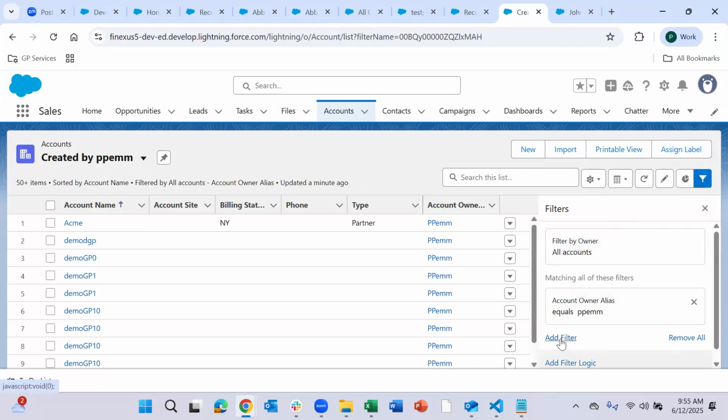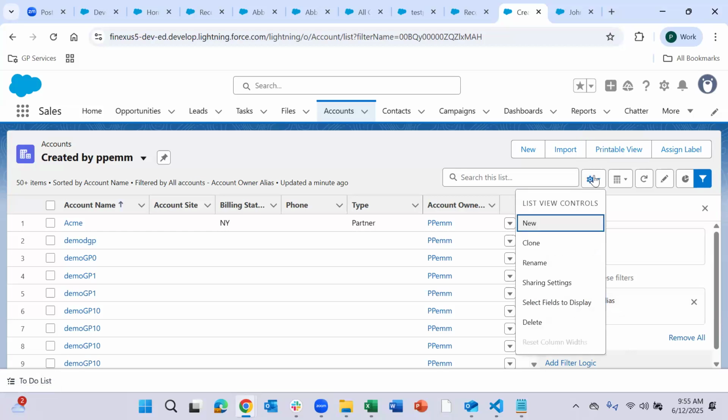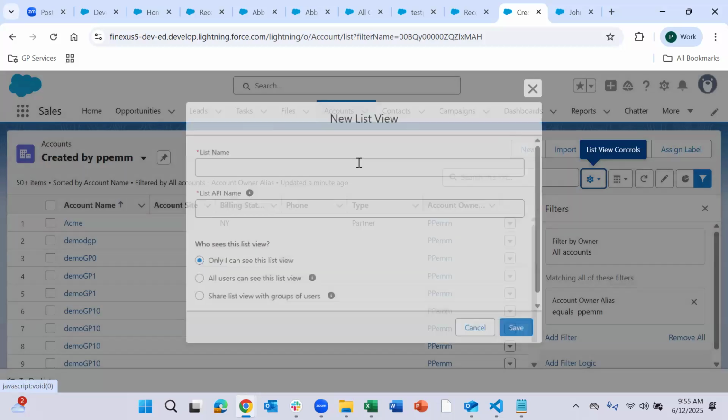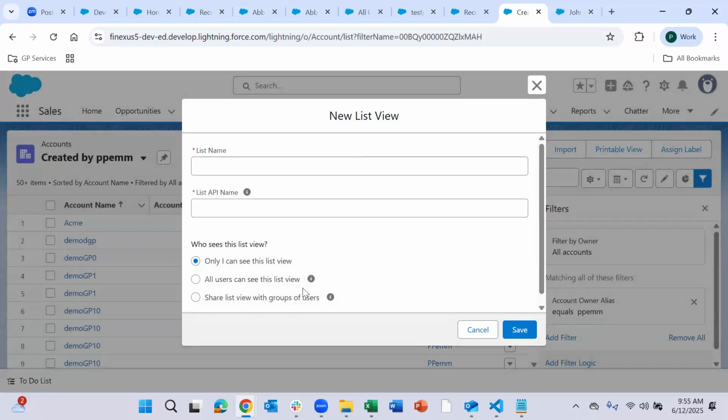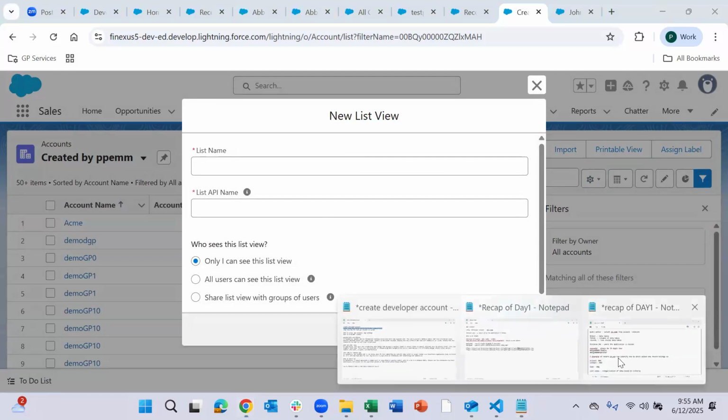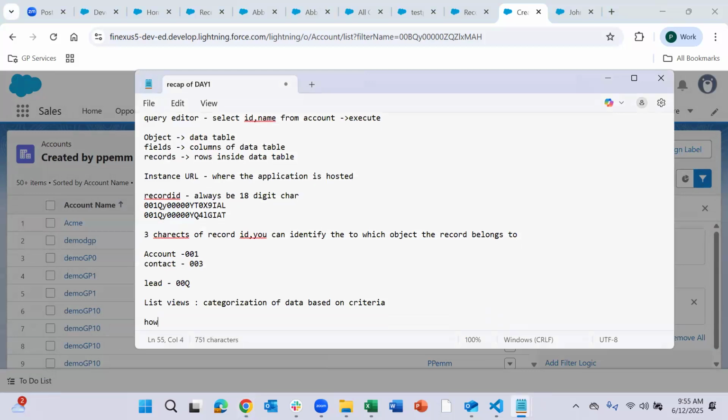You can click on add filter, and you can apply that particular filter to the list view. When you are creating a list view, you can give the list view name and you can set permissions for who can view that list view that you are creating. So we have seen how to create a new list view.